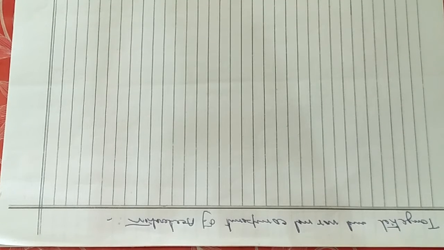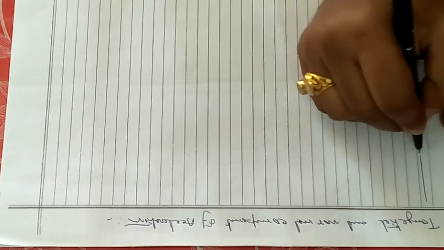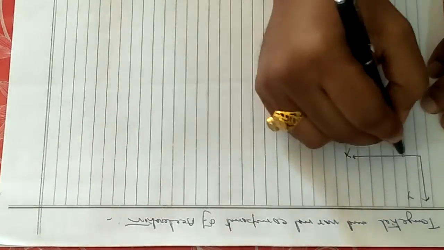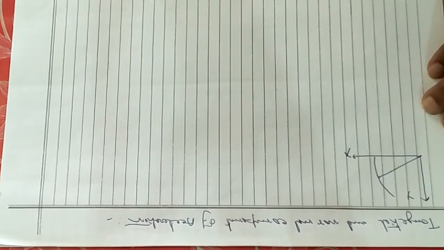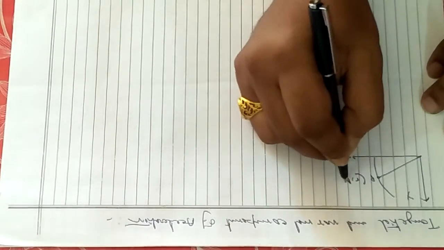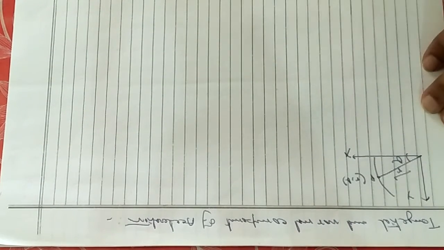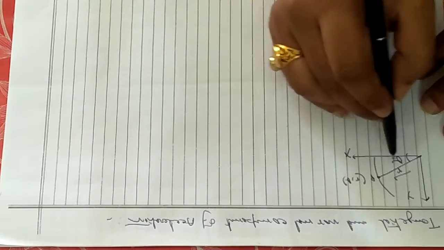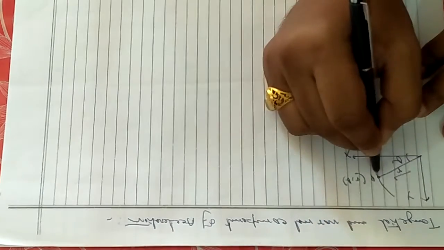So initially, I am considering again one two-dimensional coordinate system. I have x and y coordinates, and I have one radial vector r, and the particle is moving along this arc. At an instantaneous point, P has coordinates r theta, so this is the r vector and this is the angle theta. So at any instantaneous point, if you want to resolve r and theta in terms of x and y, how are you going to resolve it?